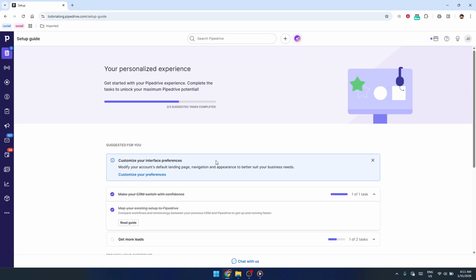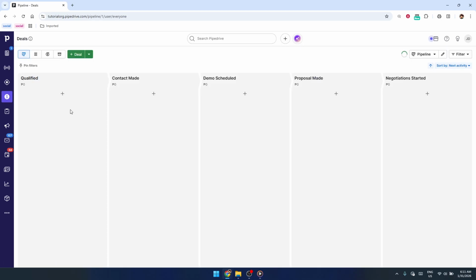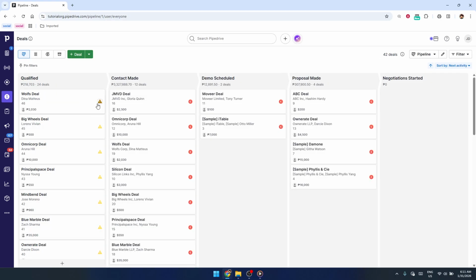First, go ahead and log into your Pipedrive account. Once you're in, look over to the left-hand side of your screen. In the sidebar, find the Deals icon, which looks like a little dollar sign. Click that to open your Deals view. This is where all of your pipelines and stages live, so any changes you make here will directly affect how